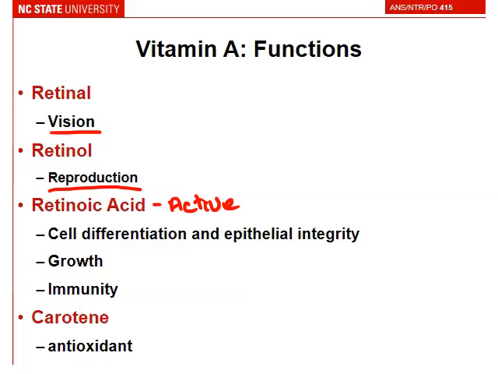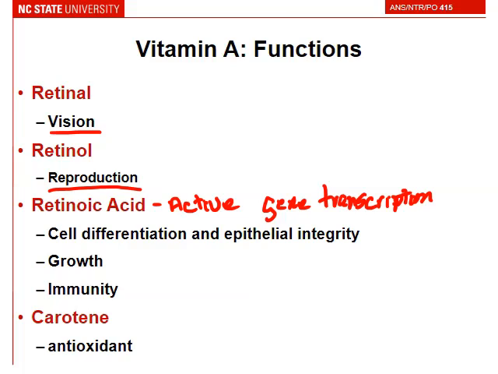But there's all these other components and functions that vitamin A is involved in, and it's all through the action of retinoic acid. So how is that working? What is retinoic acid doing? Well, it's involved in cell differentiation. It's involved in epithelial integrity. So it is actually working through gene transcription. So it's involved in gene transcription, so it binds a nuclear hormone receptor, RXR, RAR, and then that's in charge